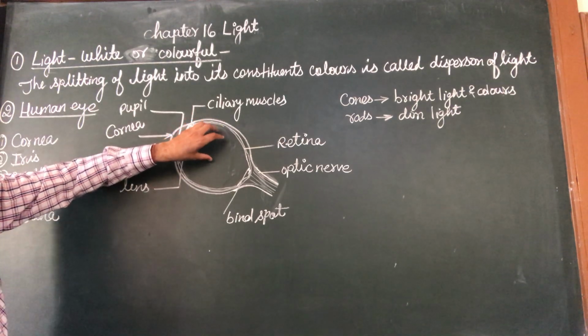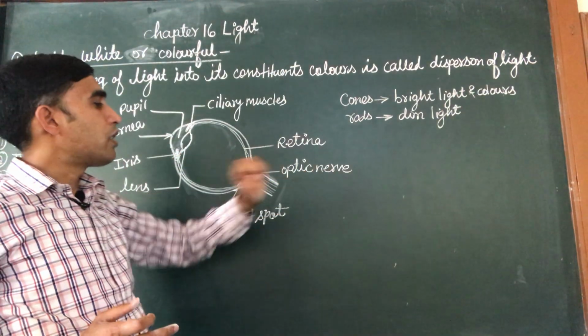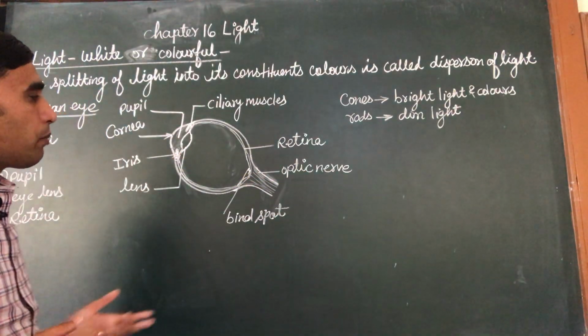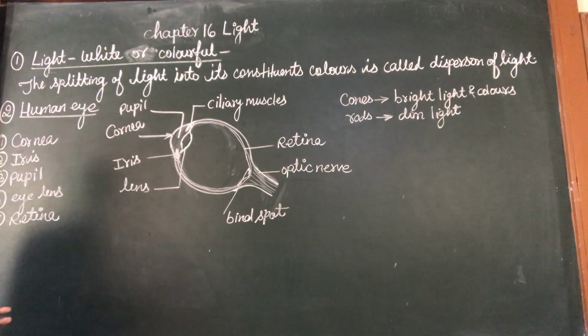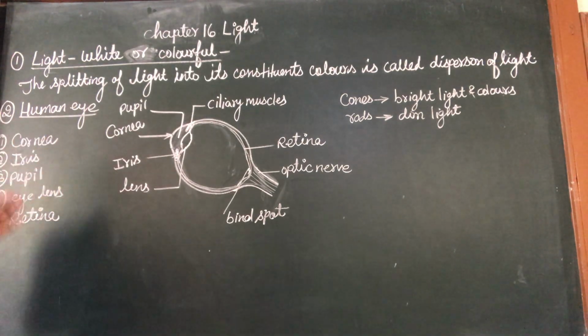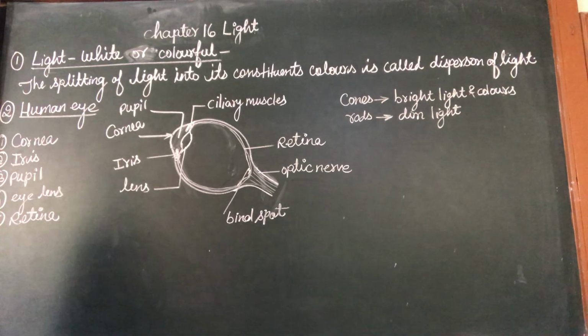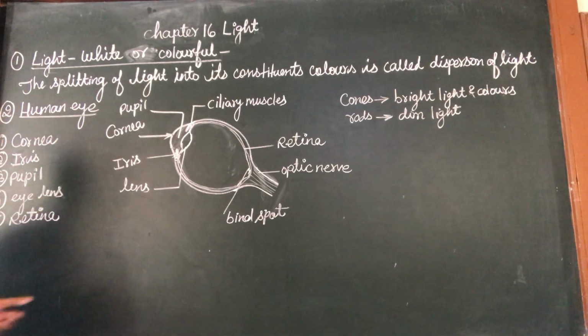of an object. Then from the retina the signals are sent to the brain through the optic nerves, and the brain interprets these signals and sees the object in the upright position. So this is the working of the eye, and in this way we are able to see objects, or the objects are able to see us. This is the working of the human eye.